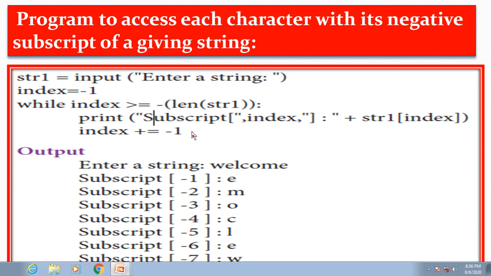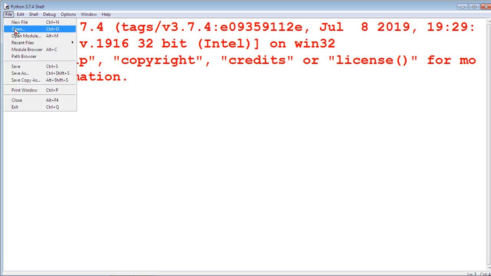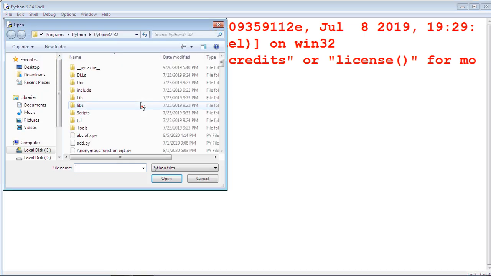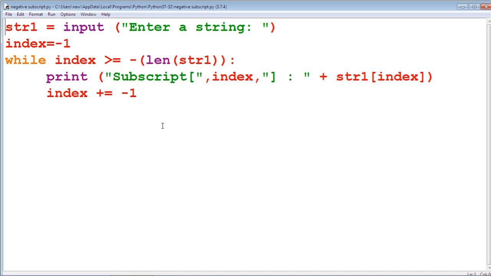We are going to see this example by using the IDLE window. File, open, negative subscript. Here str1 is taken by using the input keyword from the keyboard.